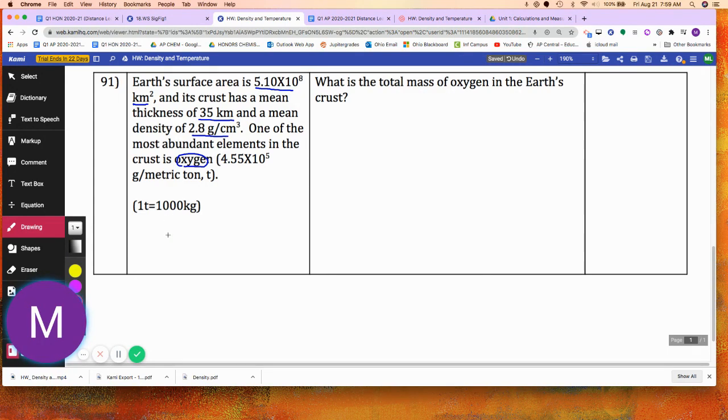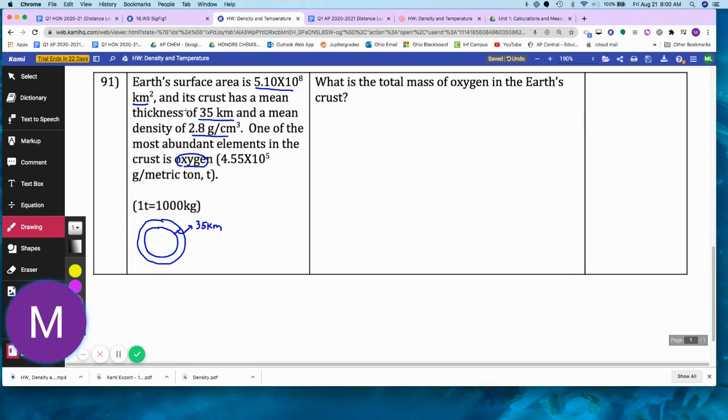So imagine peeling an orange. That would be the peel. If you lay it flat, that would be the surface area, and the thickness of that peel. So if this is an orange, the thickness of that peel would correlate to the thickness of the Earth's crust, and it would be 35 kilometers thick. And if you lay the orange flat, or the Earth flat, then it would have the area of this number,